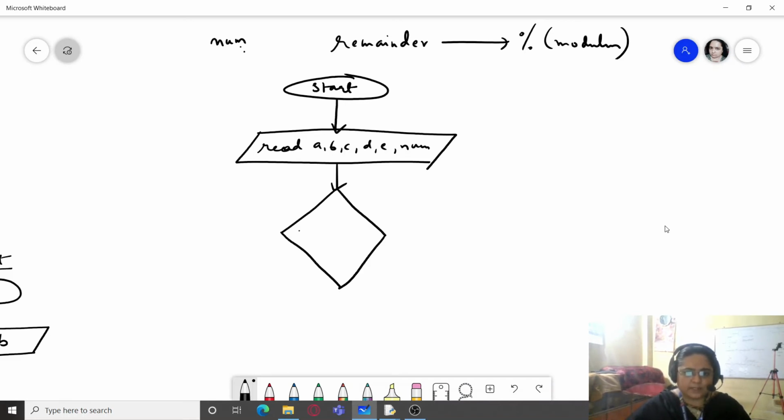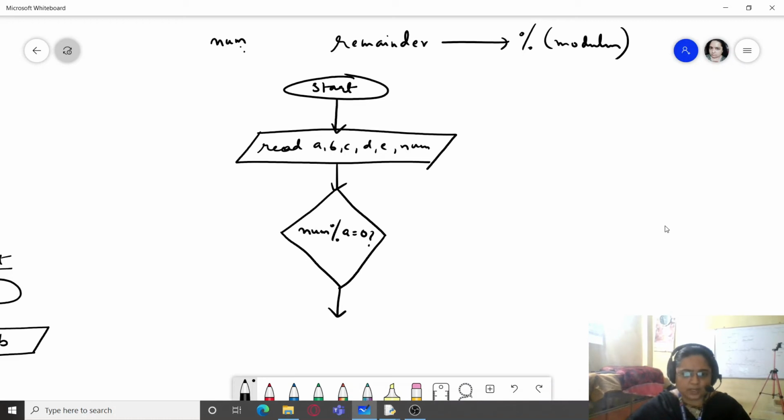First, we will check whether num is divisible by A or not. Is equal to 0 is, now we are not using double equal to here. Why? Because flowchart is not based on any particular programming language. Okay, flowchart is free of any programming language constructs, because with a flowchart we are only working out the logic of the program.